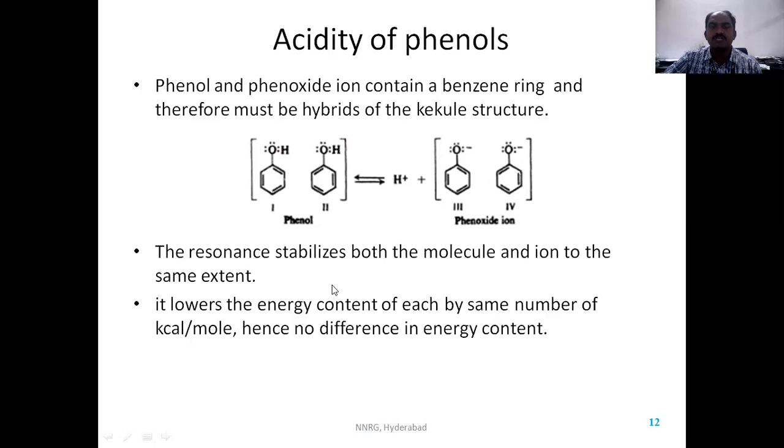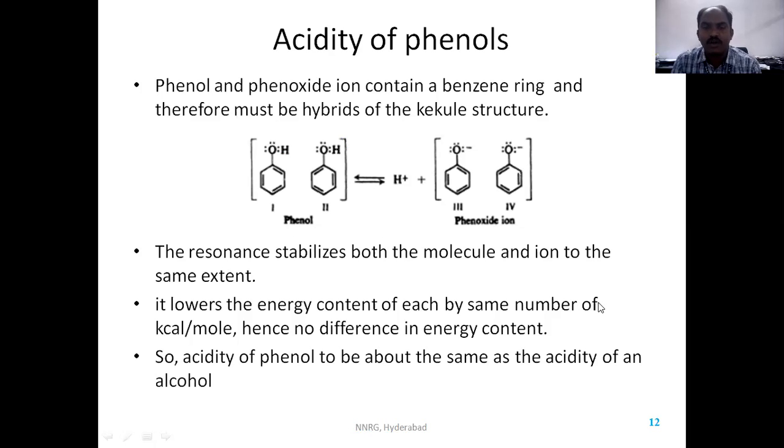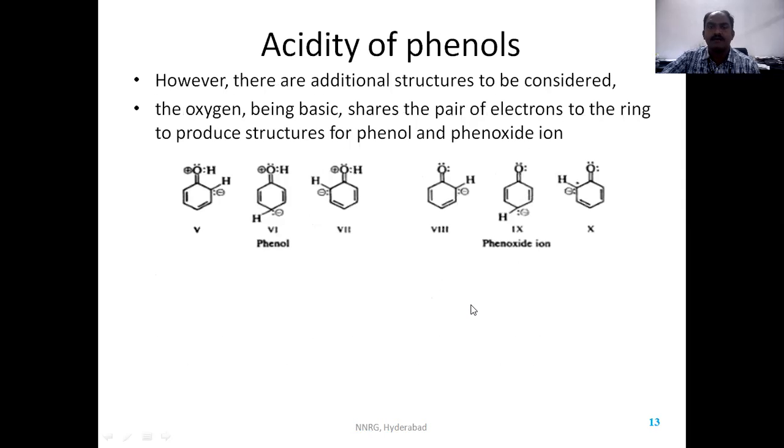Because of the resonance stabilization, the molecules have less energy. Because of low energy in each of the structures, there is no difference in energy content in the molecules. So the acidity of phenols is about the same as that of alcohols. If you see this structure, OH and OH is converted to O minus, O minus, there is no difference in acidity. But when you see the other